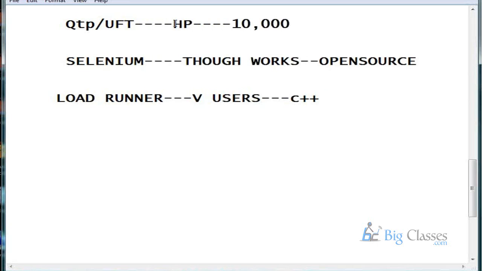But QTP is not like that. It is an HP product, developed by HP, and it costs somewhere around $10,000. In Indian currency, that's something like 7 or 8 lakh. Now, which one is the best, QTP or Selenium? Definitely,